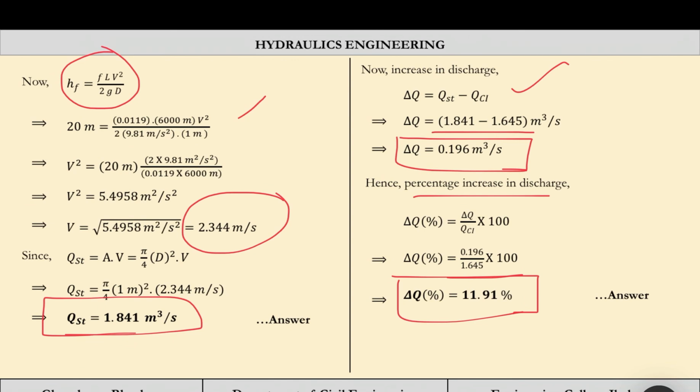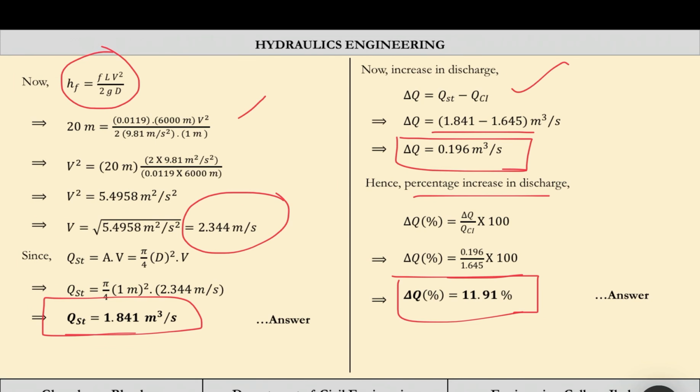So you can see practically also, if we are using steel pipes, we can get 12% more discharge. But to use this steel pipe we have to check the economy also, whether this is justifiable or not. Maybe the cost is coming out to be, let us say, 100 rupees, and we are gaining only 10 rupees. So we are not going to use steel pipe, we will still use the cast iron pipe.